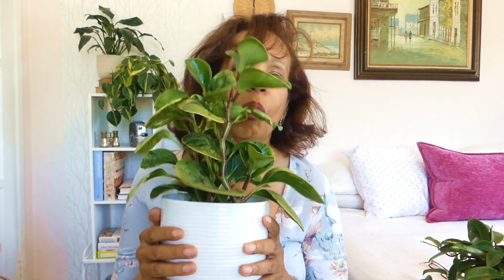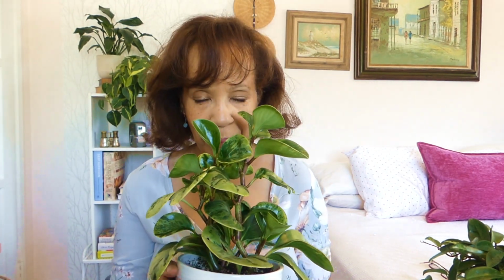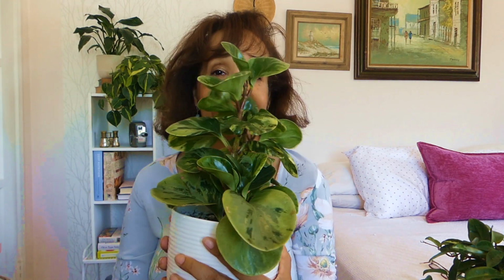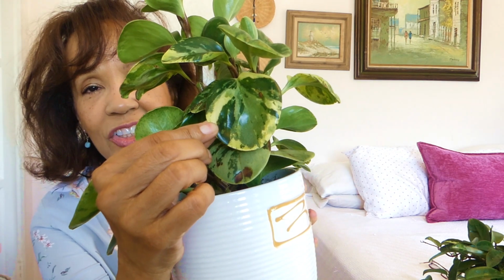I adore this plant. It's one of my favorites. So much so that I have several Peperomia now, and I want to get another one of these as well, because this lives in the sunroom, but I want one in here too. So yeah, my Peperomia. Oh, look at that variegation. I mean, can you just...